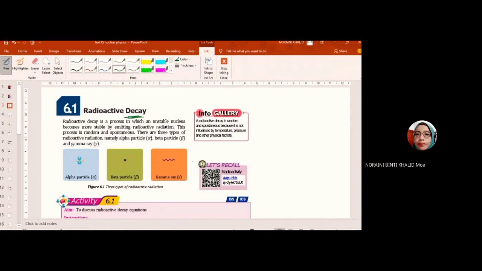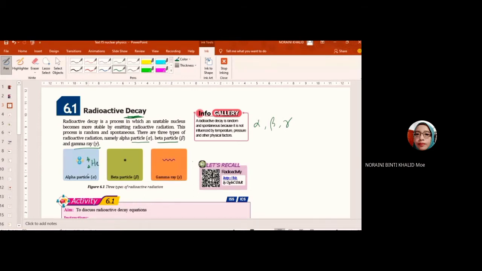What is this radioactive radiation? There are three types of radioactive radiation: alpha particle, beta particle, and gamma rays. Alpha, beta, gamma. Okay, I think you have studied this in lower form. Okay, what is this alpha? Alpha is the nucleus of helium,